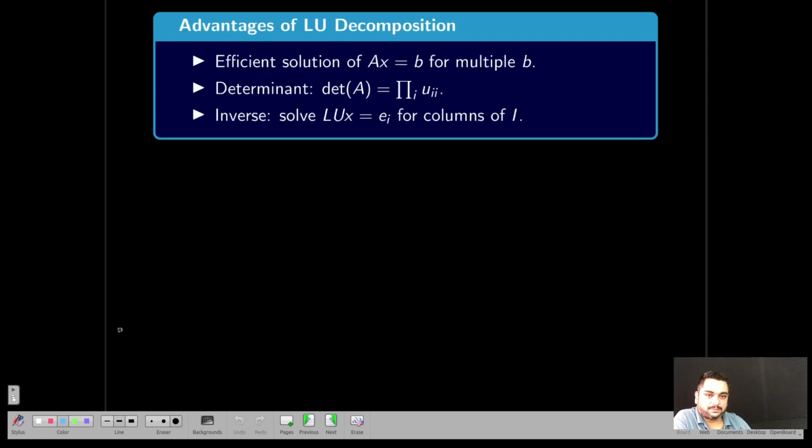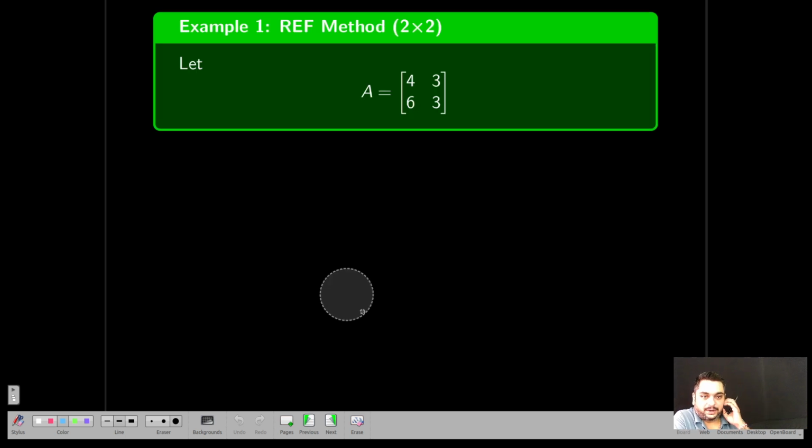How does it help? It helps us find an efficient solution for a system of linear equations. And the determinant is nothing but what? For triangular matrices, it's the product of all the diagonal elements. Pi here means product, and U_ii means the diagonal elements, so the product of all diagonal elements. Then you can also find the inverse easily. So now we'll see a method to find